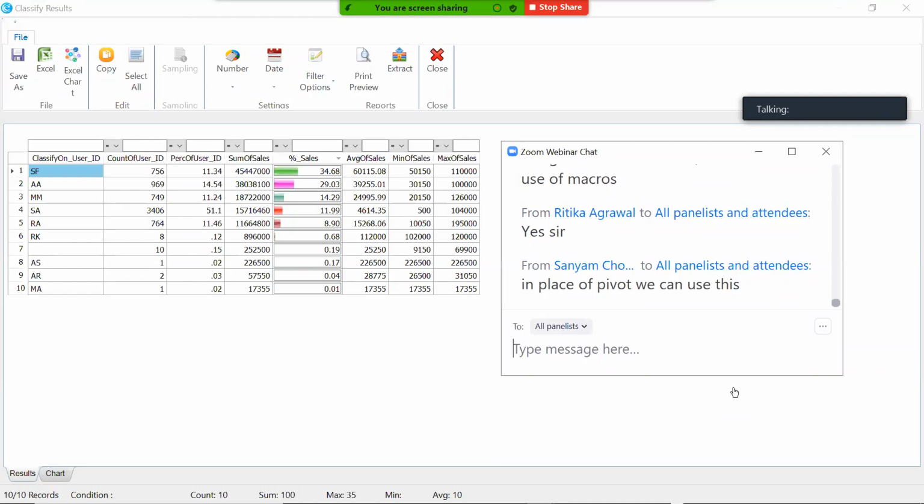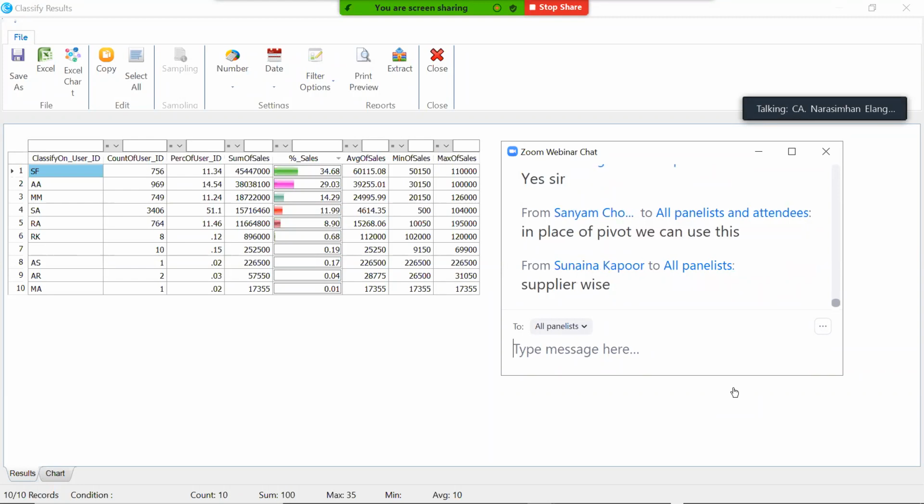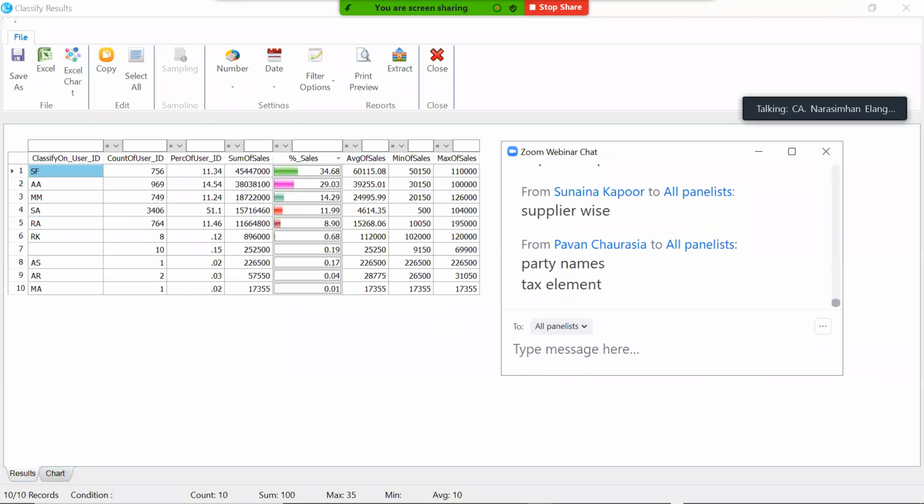Can we apply on supplier, wonderful. Party names, very good. Can we apply based on rate also? Based on rate, can we apply? How much is 18%? How much is 28%? How much is that 6% and 12%? Tax element. Then you have composition. Then I think you also have some category, written, filed, not filed. Some final or some U and F or something like that appears. Various categories. I hope you got an idea.